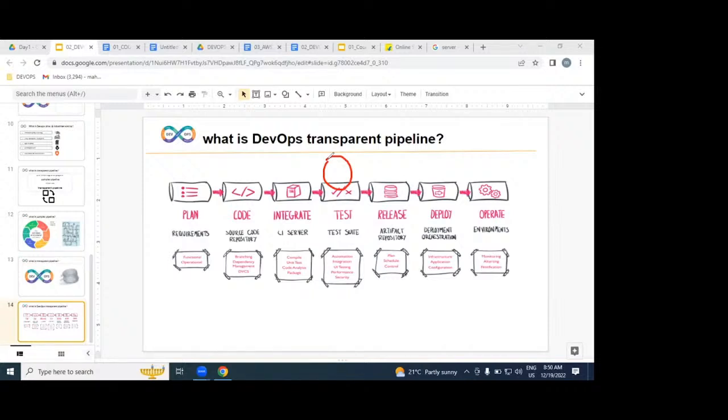If the working software is ready, what will we do? Directly we are going to place it on the server side? No. We need to hold or halt for a particular period of time in a release. In a particular maintenance window, on a particular scheduled date, we are going to place it on hundreds of servers.